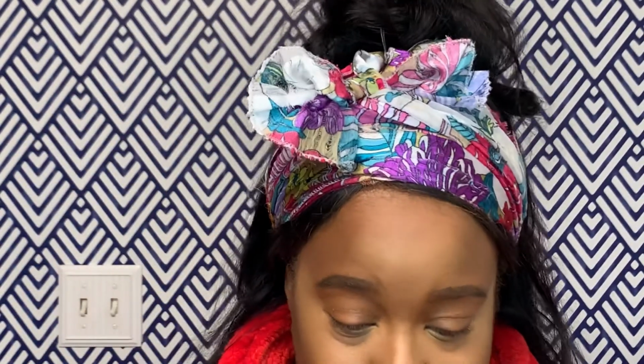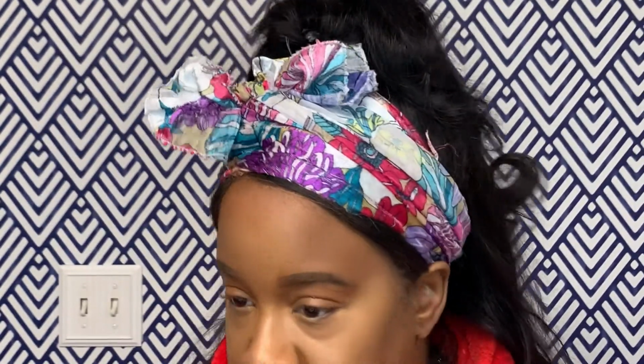So again, just keep on blending out that concealer. And because the packaging did say that it had a medium to buildable coverage, and I typically go for a more full coverage concealer, if you've been watching any of my videos, you know that I typically use the Tarte Shape Tape. So I'm used to more coverage. So I did go in and I